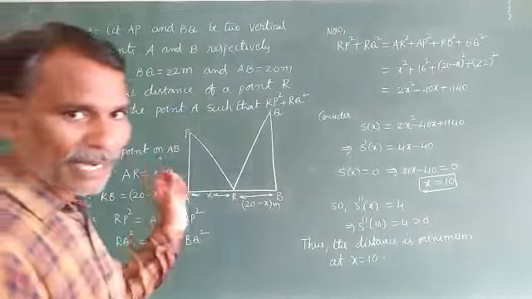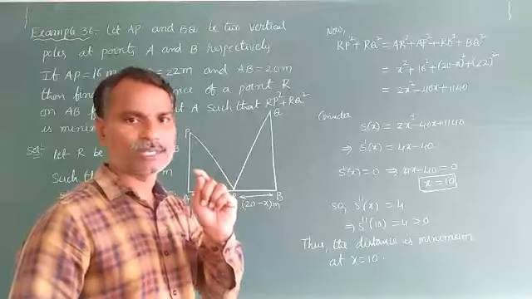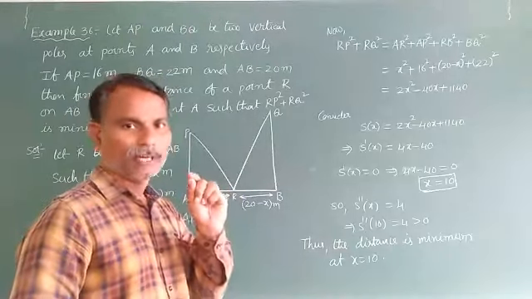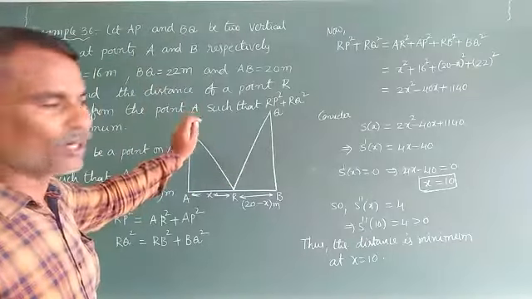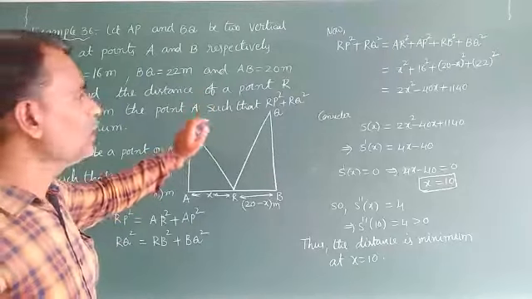Because maximum and minimum is a 5 marks question. This is a 5 marks question, which means you have to understand it slowly. Okay, somewhat lengthy simplification also. Okay guys.